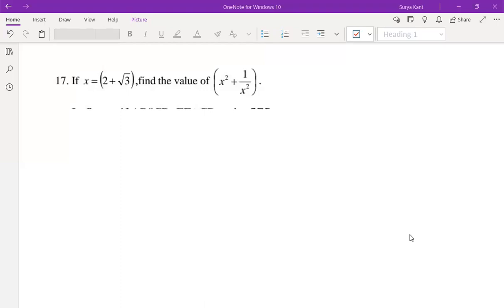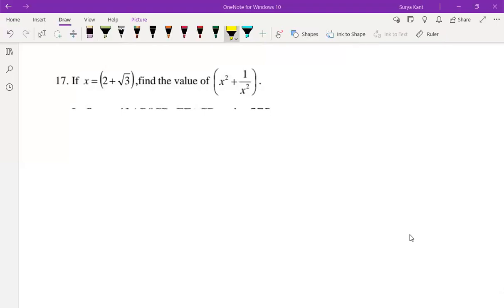So, see, children, how to do this question: the question is x square plus 1 by x square. How to find x square? The x square is equal to 2 plus root 3 whole square, correct? 4 plus 3 plus 2 root 3, right? Or better, what you do, x is this, you find 1 by x. Here it becomes 7 plus 2 root 3, right? Sai Charan? 2 root 3, sir. Yes, 2 root 3.